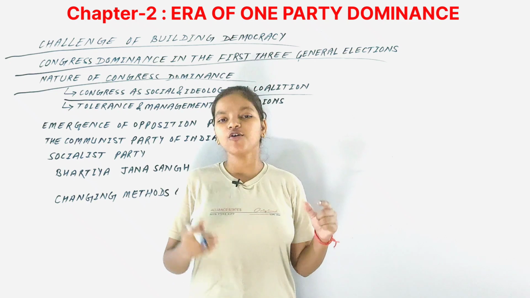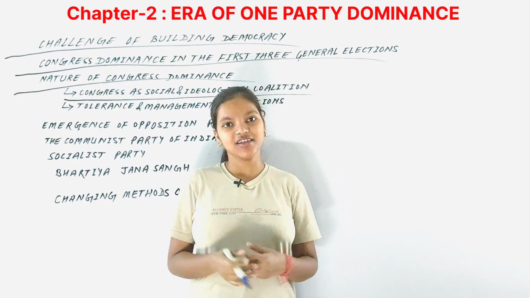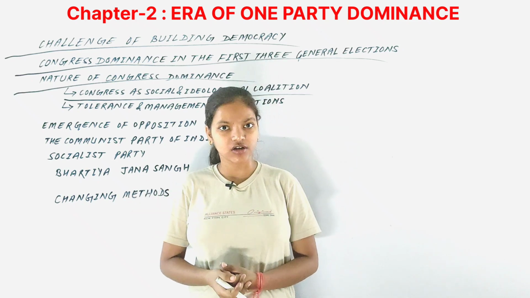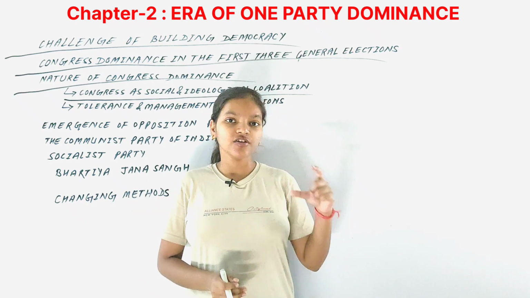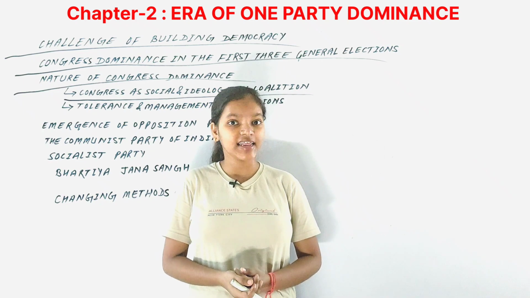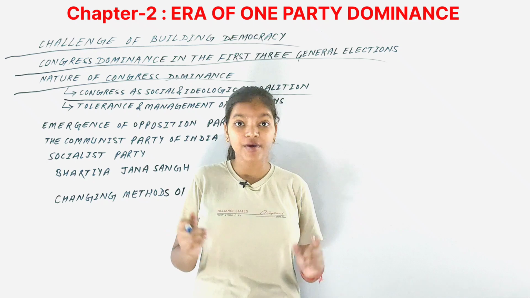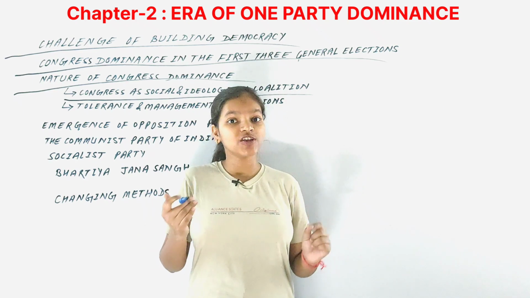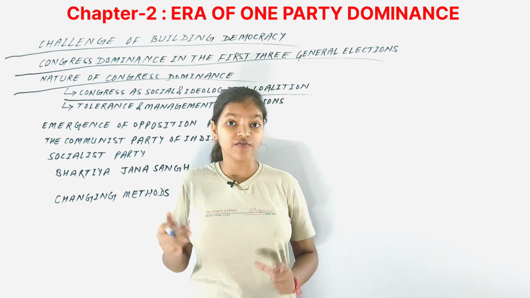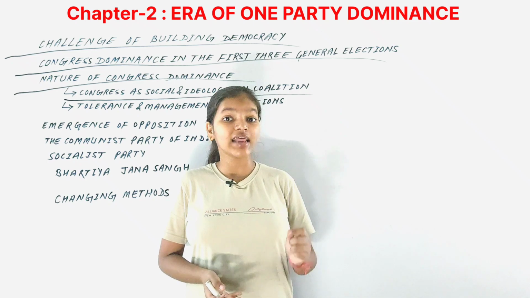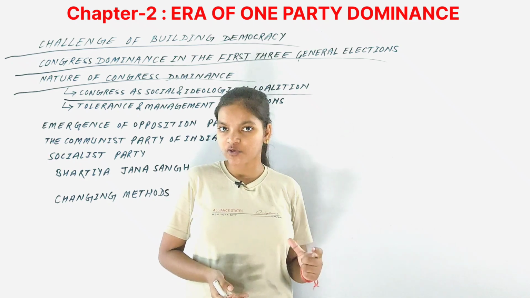Now let's see how we consider the Congress Party as a coalition of social values and ideological values. As you know, the Indian National Congress emerged in 1885 as a pressure group for the elite classes of the society, for the newly educated section, for the upper class of the society. But with time, it had an eventual transformation.